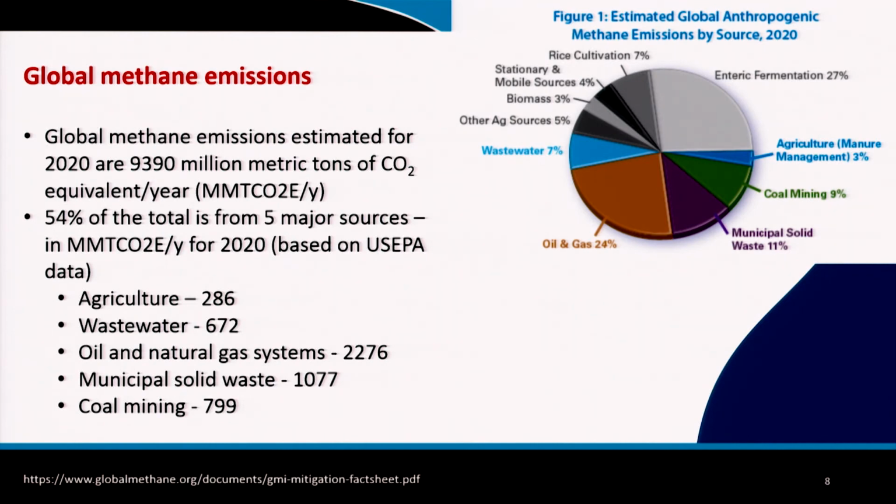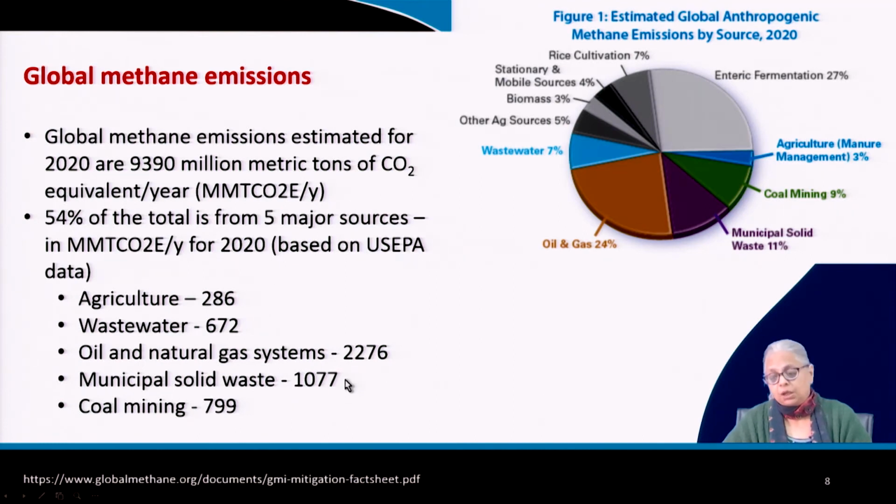That is called flaring of the residual material, or sometimes what you have is passive venting of the natural gas that is not utilizable. So that accounts for the bulk of the methane emissions. 24% of the global methane emissions are from oil and natural gas systems. The next big one